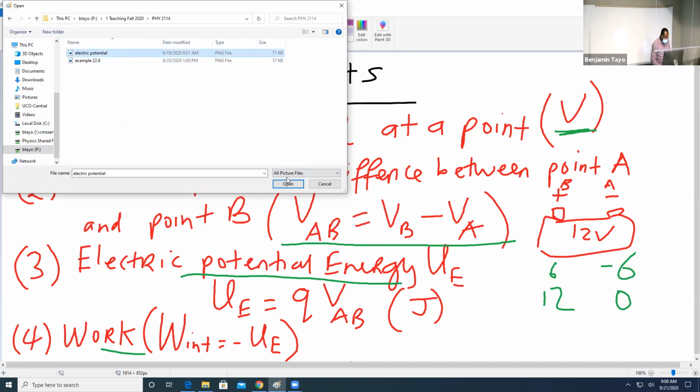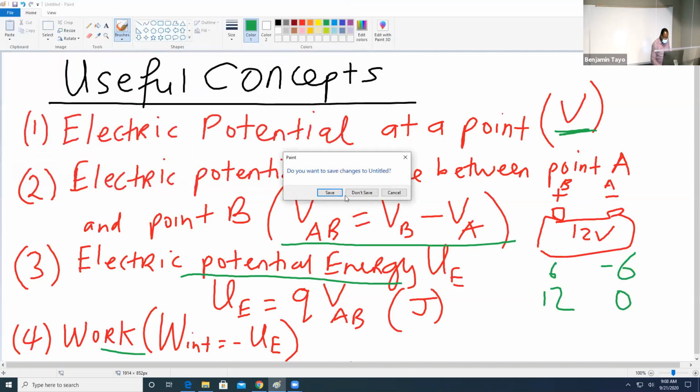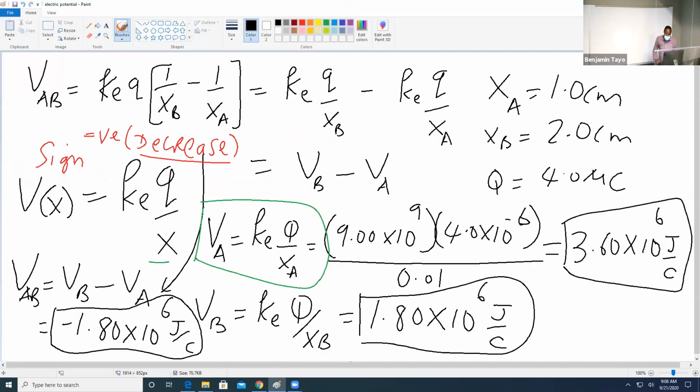So this is the file. If you remember, we derived this equation last class on how to calculate the potential at a point. And then we calculated the potential at 2 points. So if you look at how we calculated this, for example, you have the potential at point A, which is